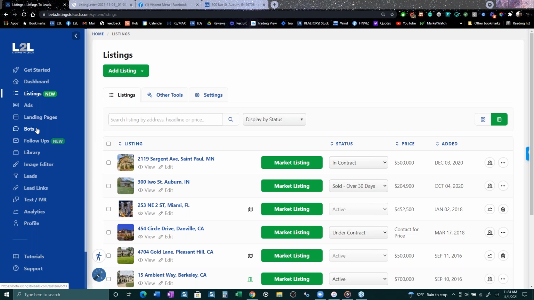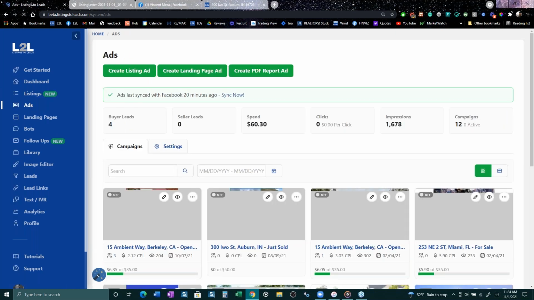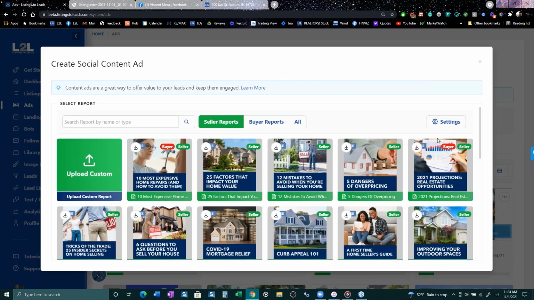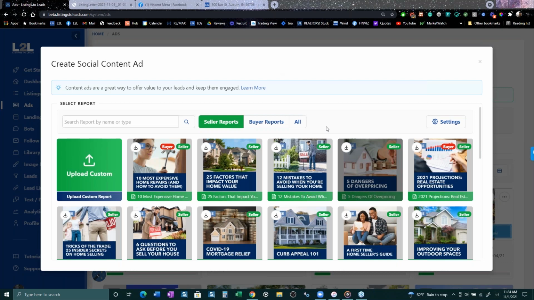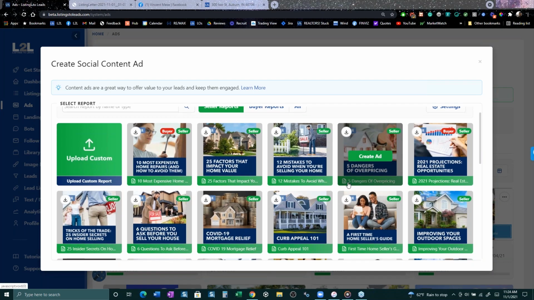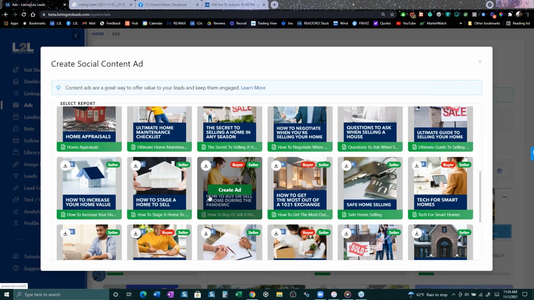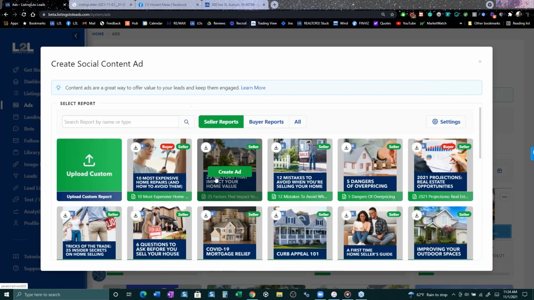So I don't see any questions. Let's go over to ads and let's talk about ads. Now, first, you can create PDF report ads. Have any of you created a PDF report ad in our system? And let me tell you, there are 25 PDF reports for sellers, various topics: curb appeal, how to increase your home value, staging. 1 second, and I will go back to those 3 tools. So there are 25